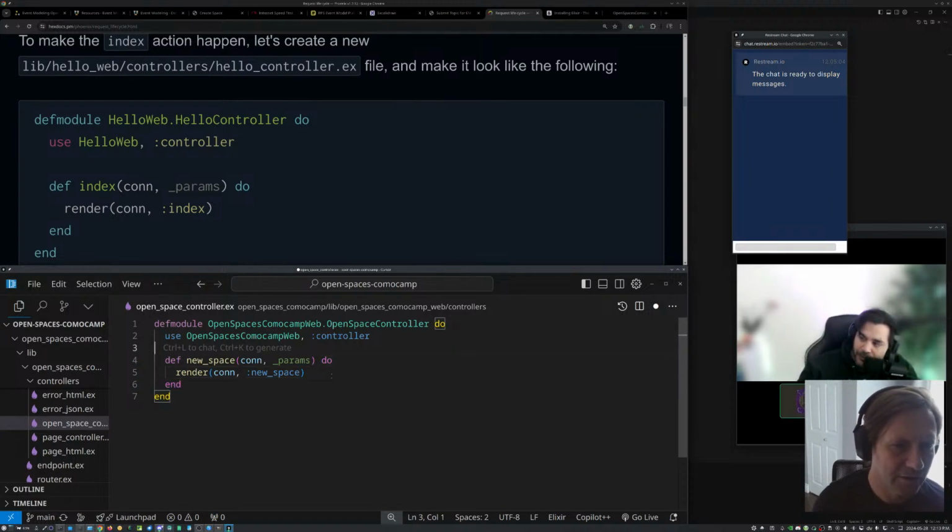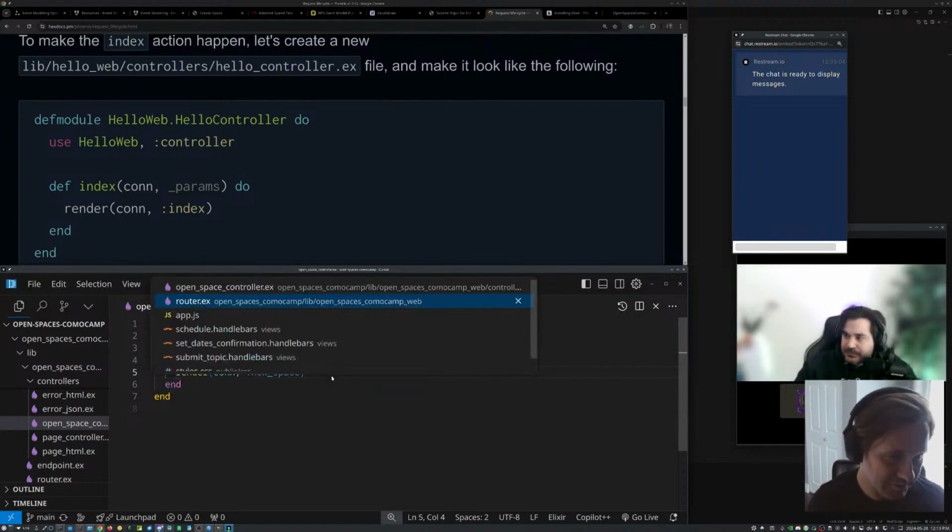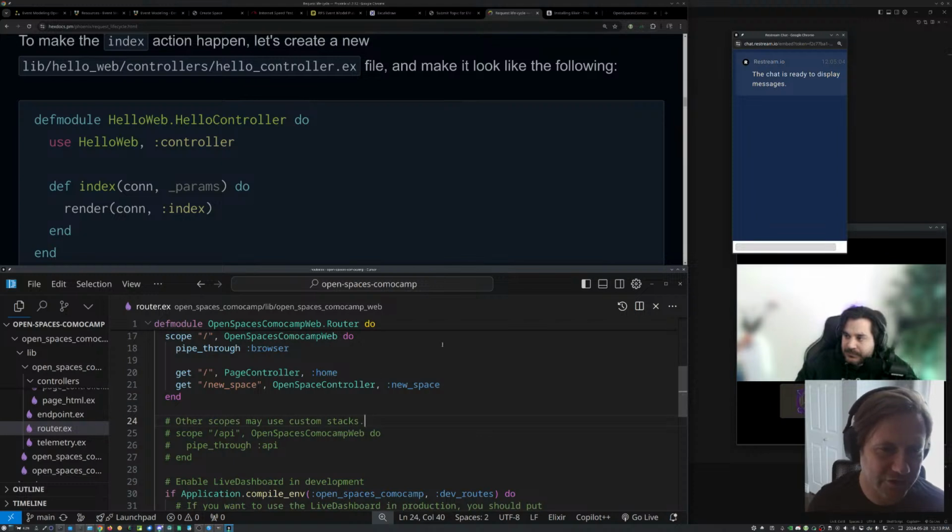I mean, you're already in open space naming, so what I'm saying is we just call it new, right? It's a given that you're in that space. Oh, I see. New space. Okay, I see. I shouldn't have been stupid and named it new space. It should have just been new because it's an action. We're talking about spaces. So okay, cool.